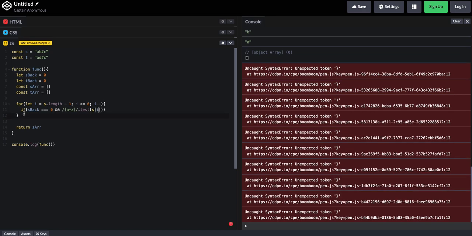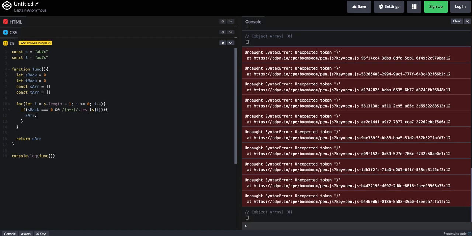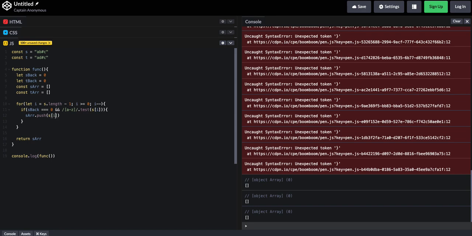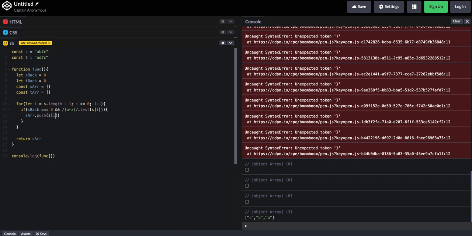So if the character is a letter and sback is 0, then we push s at I into s array. Currently we're going to see all the letters in s array because we never increment sback. So what we need to do is else if